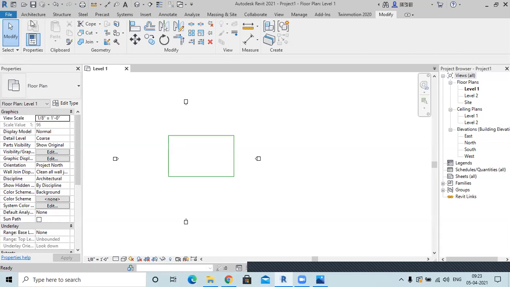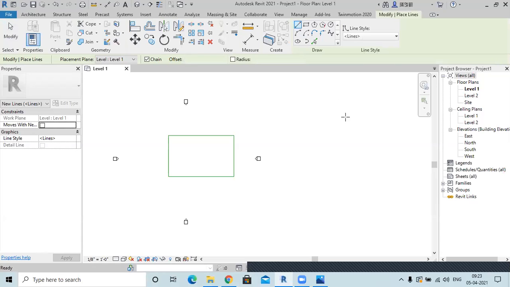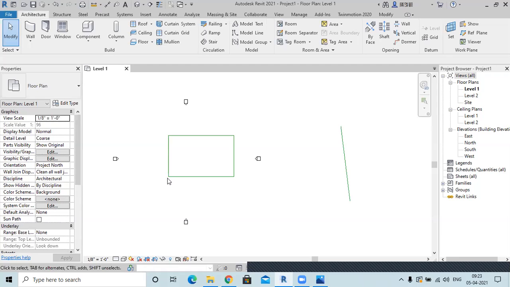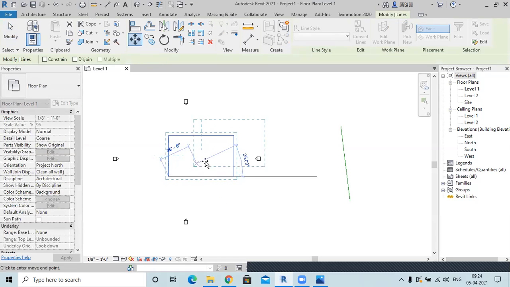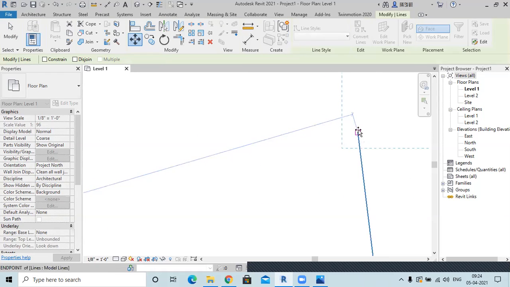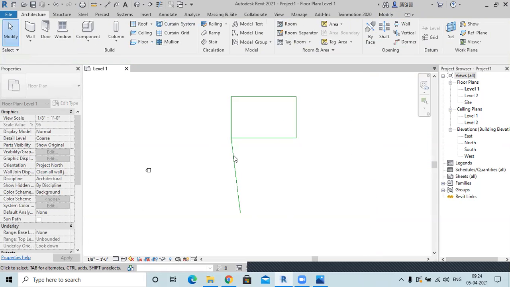My basic point where I want to move it to is at the end of this line. At this point I want to align it to this point of this rectangle. So what I can do is select it, use the move command, select this edge, and move it wherever I want. Move it to this, snap it on it, and then the rectangle is moved.